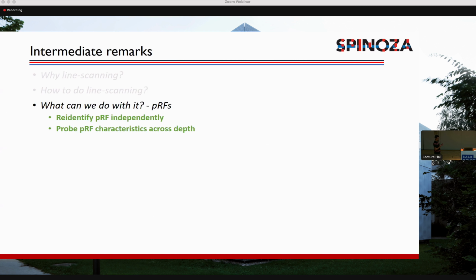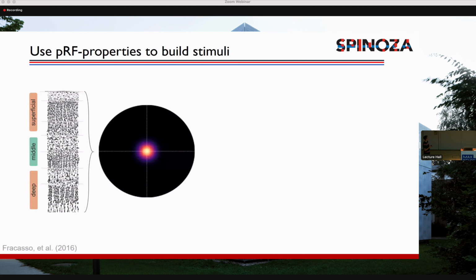So what can we do with it regarding population receptive fields? We can re-identify the PRF that we intended to target. That is great. And we can also probe these characteristics across depth. But we can also go into more detail in this particular PRF. For instance, we can gauge what is going on when the PRF is stimulated with stimuli that are bigger than the size it corresponds to, because that would lead to suppression and the response will go down. And the eventual goal would be to see what happens at a laminar level when that